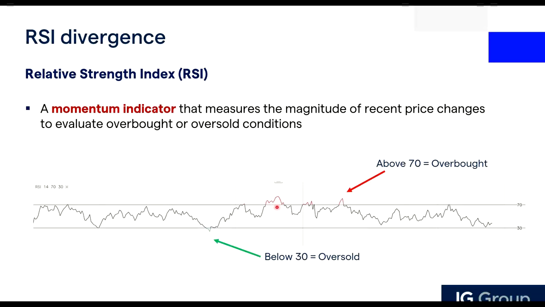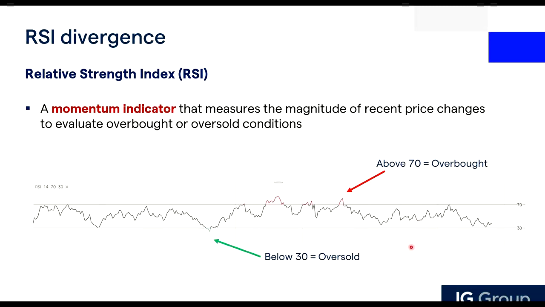But sometimes when the market is trending very strongly, it can hug this overbought level for extended periods. So it can actually be overbought and the price keeps on going up. That's one way to use it, but that's not the way you may want to use it. You may want to consider other options on how you can use this momentum indicator.